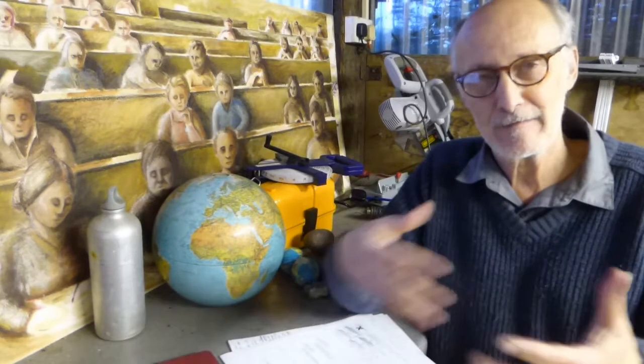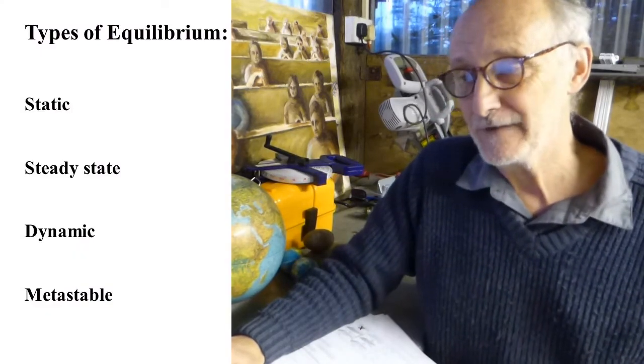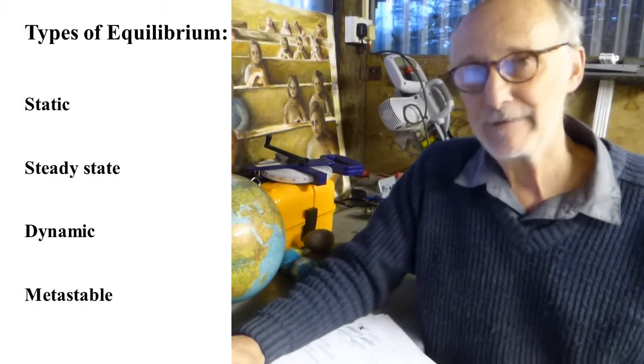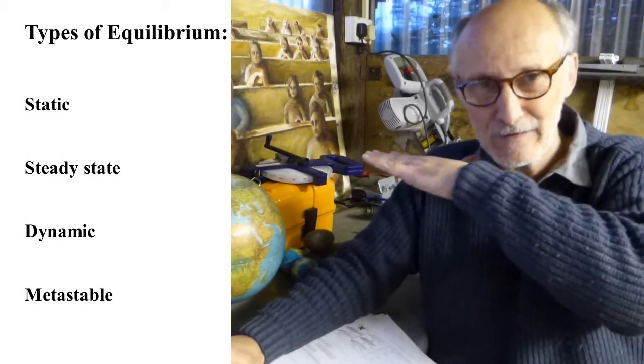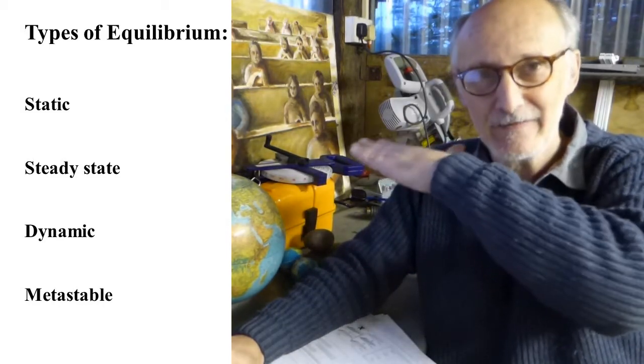So channel form is constantly adjusting in response to the process, and there's an interaction between process and form, keeping things in balance. And that's what we tend to think of just intuitively as an equilibrium situation. Now, there are actually lots of different types of equilibrium that we can talk about. Static equilibrium, for example, that term often is used to describe a situation where nothing is changing.